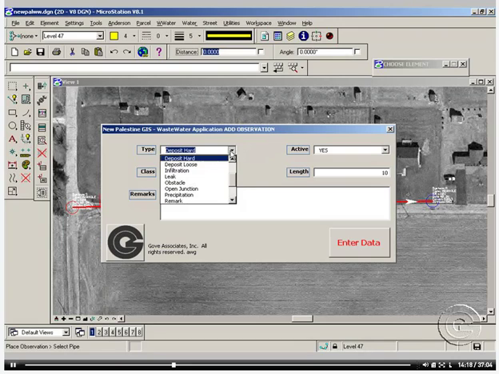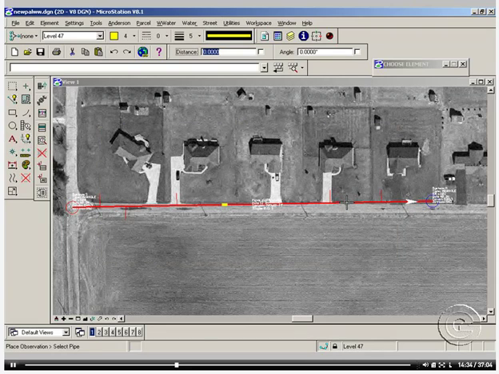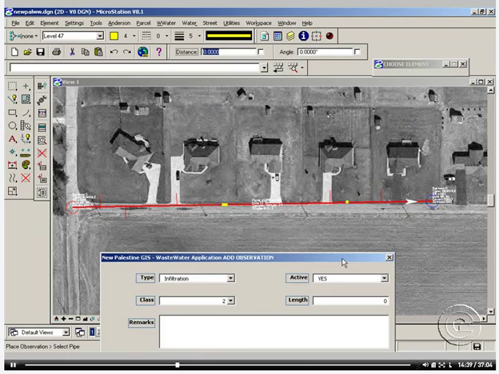Let's go ahead and place another one. Let's say this time we have some infiltration into our pipe. Again, we can change the class to what we want. Let's say here the class is 2, and for the length let's put 0 because it's just at a certain point of that pipe, and hit enter data and tag the pipe where the infiltration was found, and then accept it. And again, as you would see here, your pipe is shown with a yellow dot